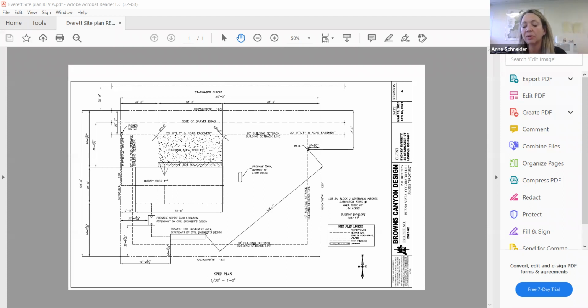Because the engineering, I don't believe, is completed with Ms. Everett's building permit, I would encourage you to give her a little bit of leeway of a 30-foot setback and a 10-foot westerly setback to ensure that when her final septic design is done, she has adequate space.